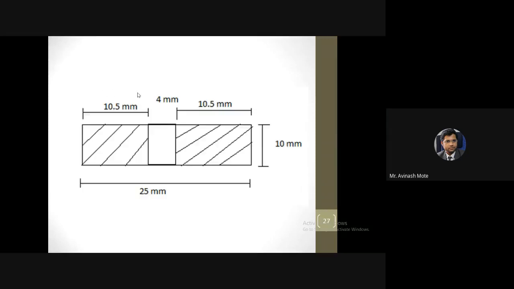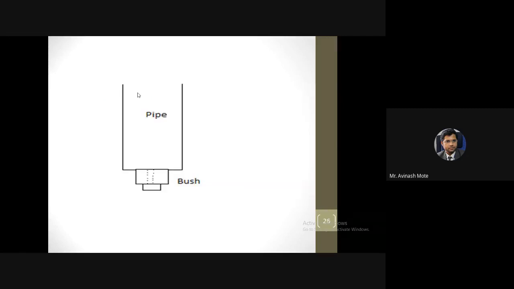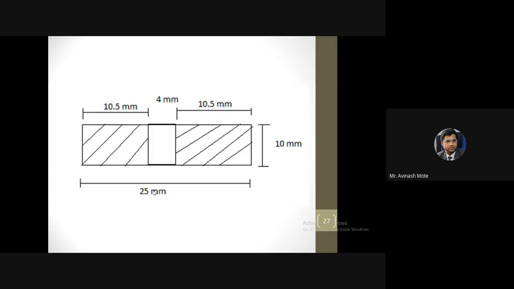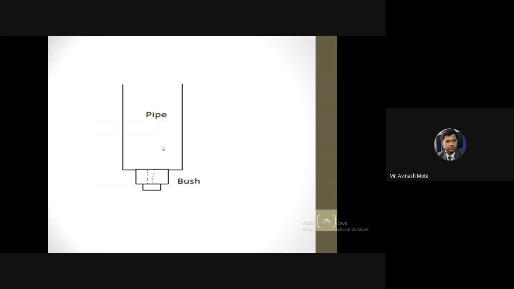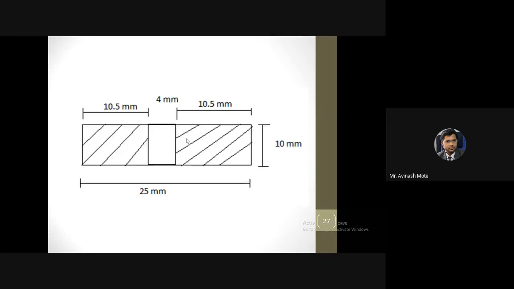Now, in your engineering graphics, you have gone through this drawing of the part. See, now we are only focusing on the bush and not the pipe. So this is the setup of the bush. Through this bush, we are having a through hole and not a blind hole, because it requires a through hole. So this bush has a through hole which will give access to the threaded screw. A simple cross-sectional view you can easily draw like this.